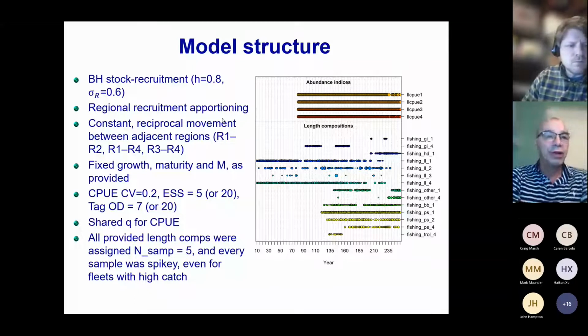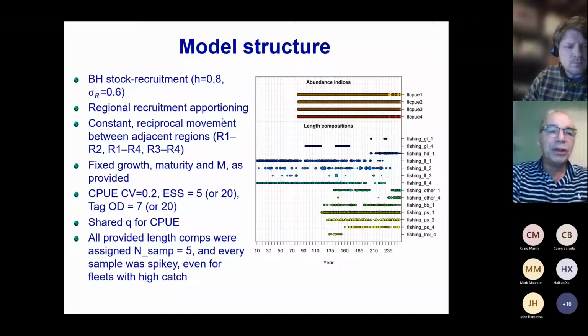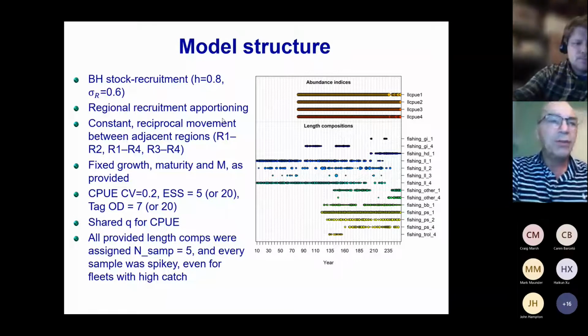Taking the growth, maturity, and natural mortality rate as provided. We're using a shared catchability for the CPUE. And now on the length comps,